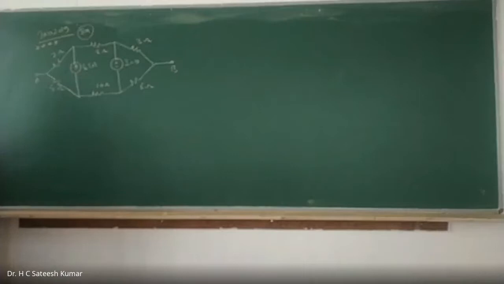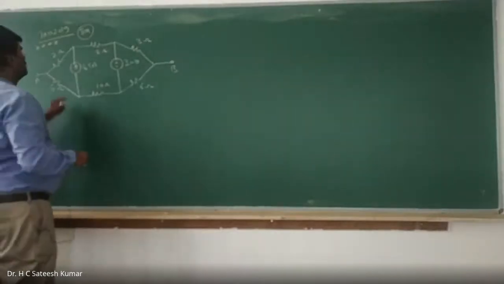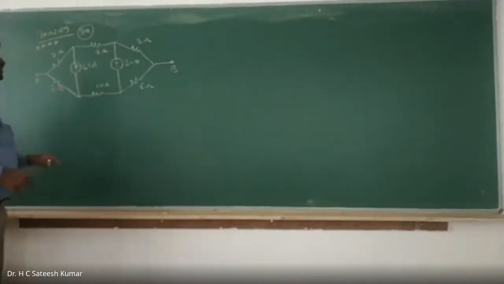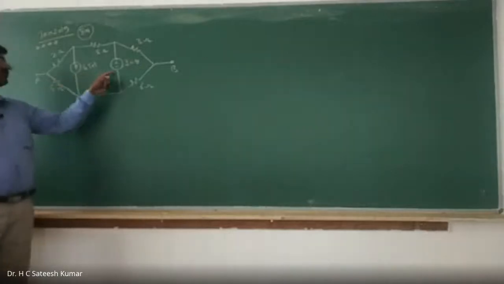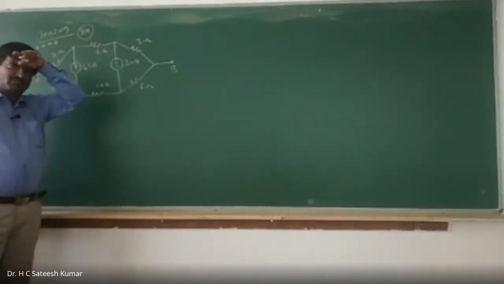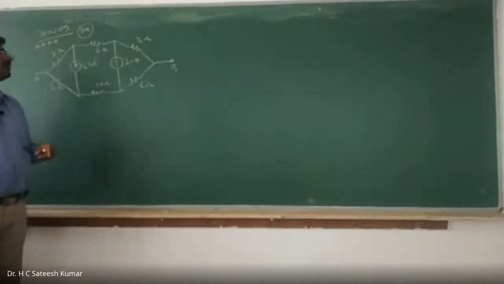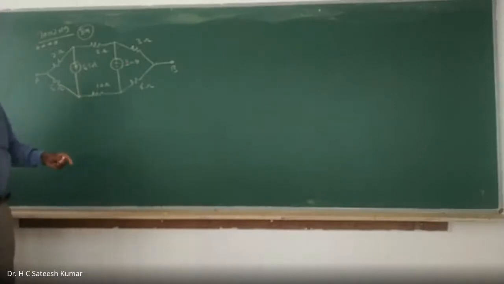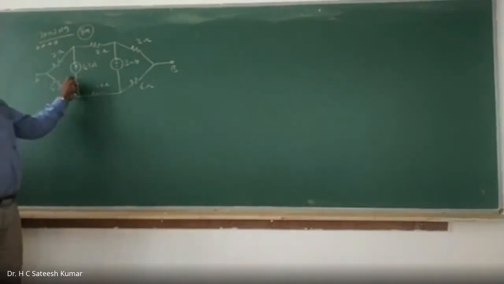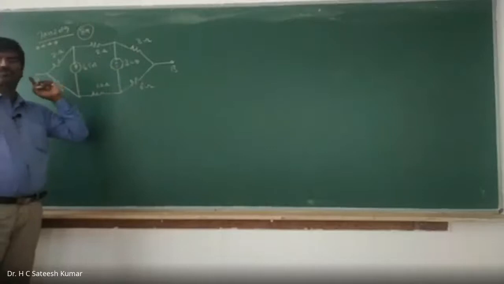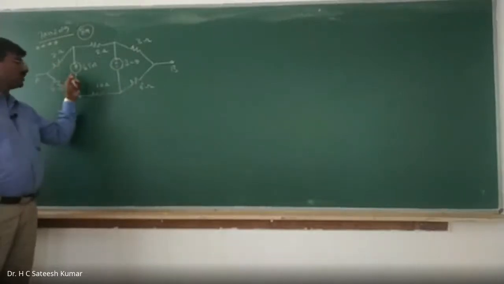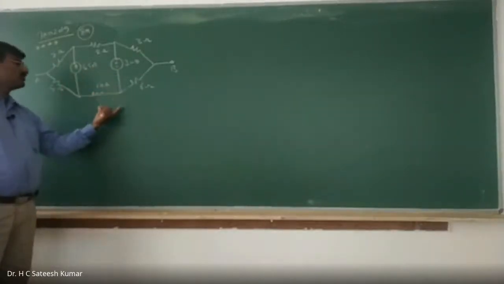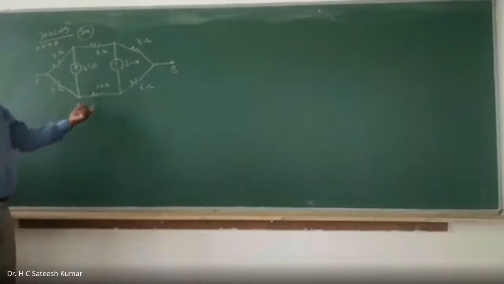Whenever there is a voltage source in parallel with a resistance, we can easily simplify. But here there is no parallel or series. So what you can do is go for shifting. Two sources are there, a current source and a voltage source. In this case we can do both of them. So how to do that?